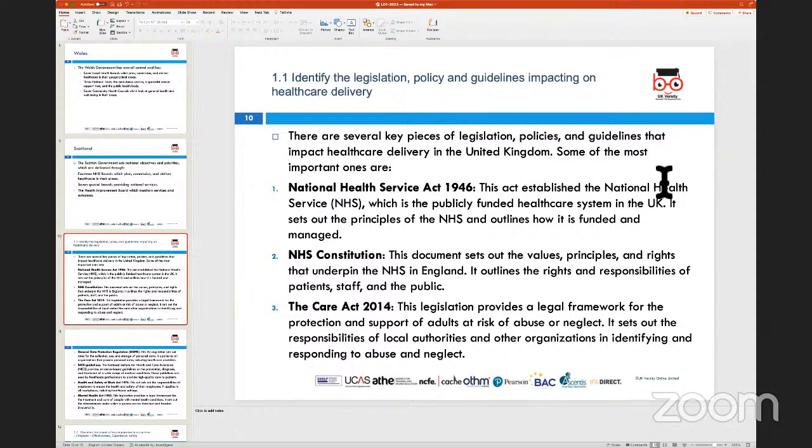assessment criteria, we need to be looking at understanding the key legislations which have been created, and how these are then transformed into policies by national level organizations. And then these policies and guidelines are adapted by the local organizations under the national organizations to then impart the services to the members of the public. So in order to understand this in particular, we start with the National Health Service Act of 1946, which basically,